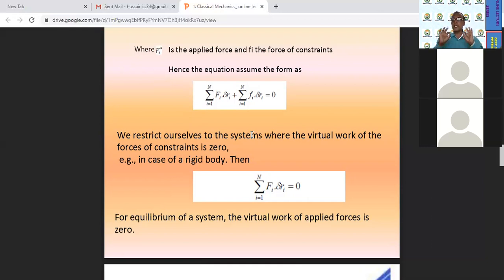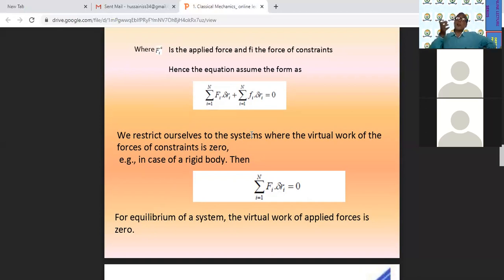Generalized coordinates are the system of coordinates which are used to specify the position of a moving particle other than Cartesian coordinates. Cartesian coordinates से other than, उससे अलावा जो coordinates हैं जो particle को specify करने के लिए इस्तेमाल होते हैं, those coordinates are called generalized coordinates. They are denoted by q1, q2, q3 and qk, so on, up to qf, where f is the degree of freedom.